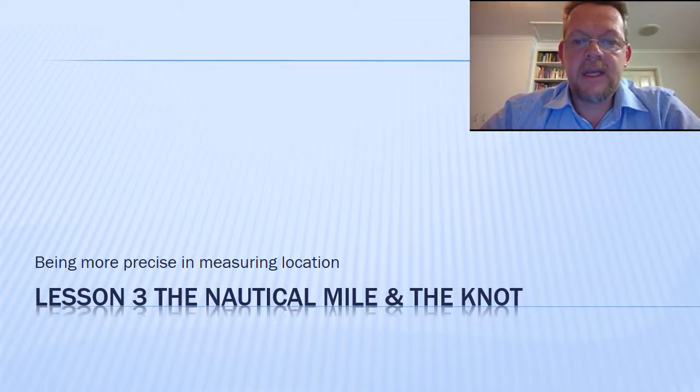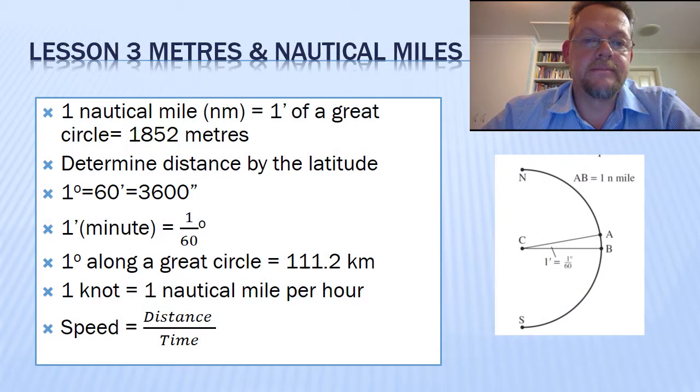The third big idea that we're going to learn about with navigation is that of the nautical mile, which is the unit we use to measure distance, and the knot, which is a unit of speed. So if we think about important vocabulary, 1 nautical mile is the same as 1 minute on a great circle, which is 1,852 meters. We need to determine the distance by the latitude scale, so look up on the up and down